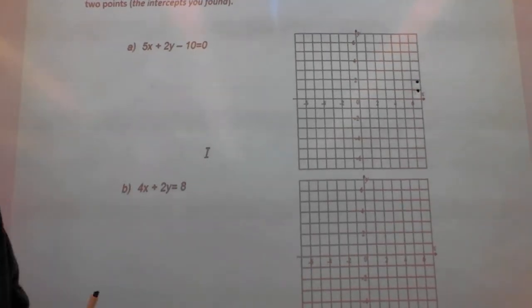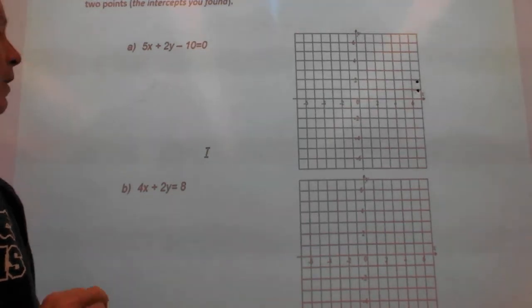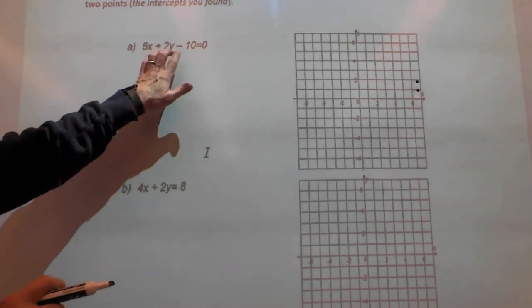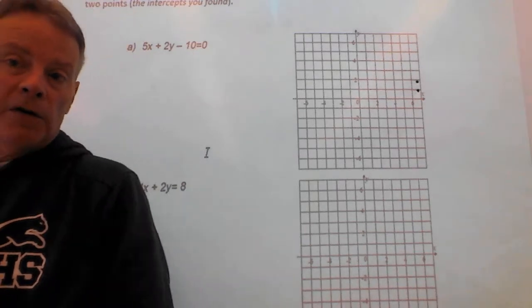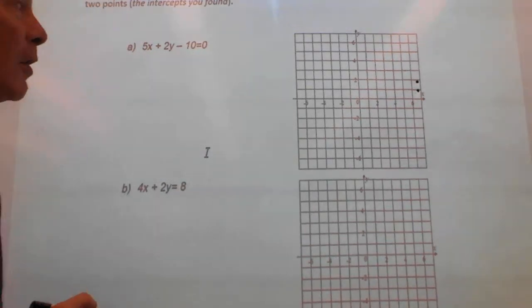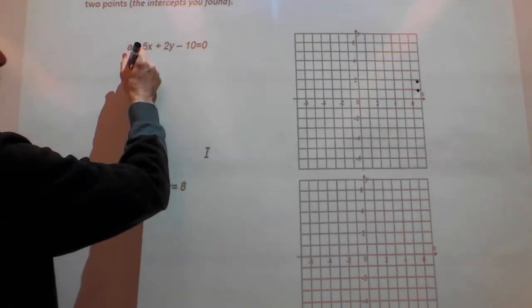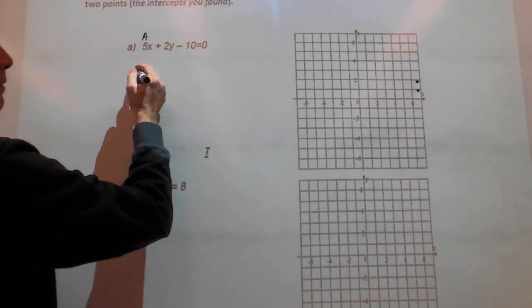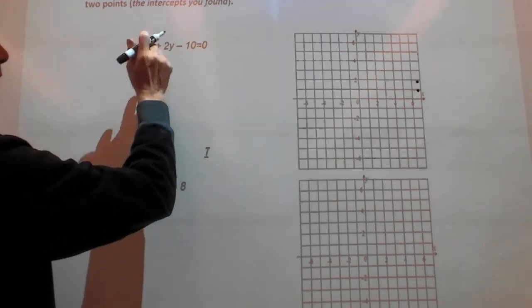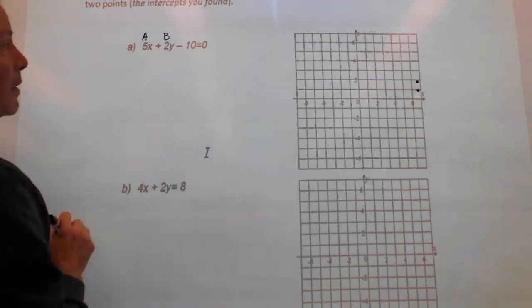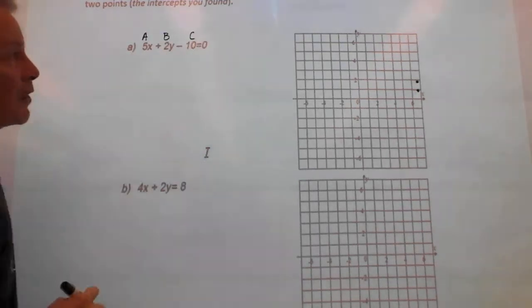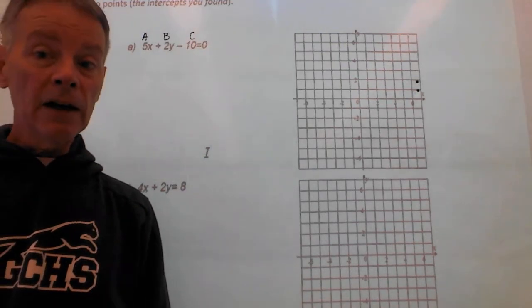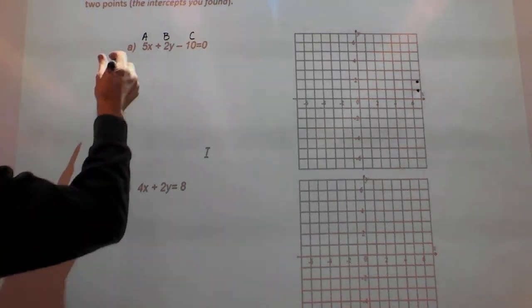Find the x and y intercepts of the following equations and graph the equations using the 2 points, the intercepts you found. Now, this one is in general form. So remember, we can use that shortcut where if this is a, the one attached to x is a, the one attached to y is b, the constant term, the number by itself, is c, we can say that our